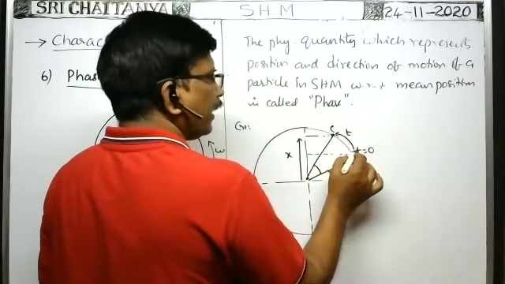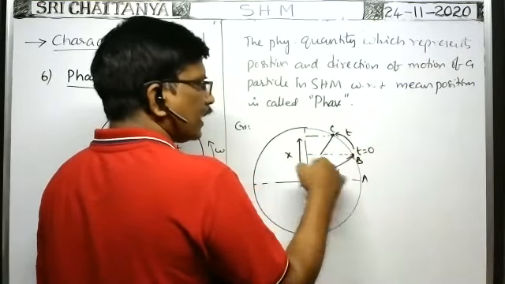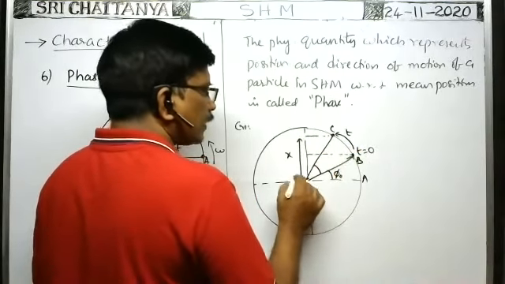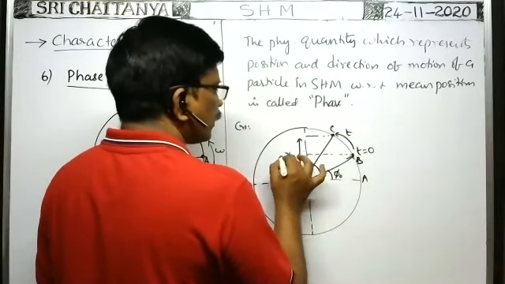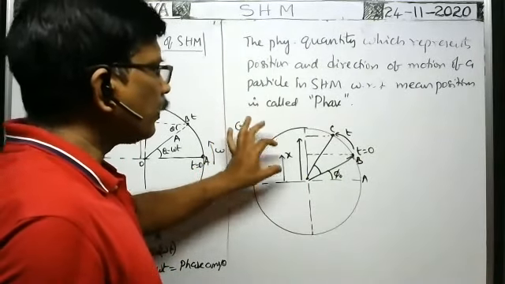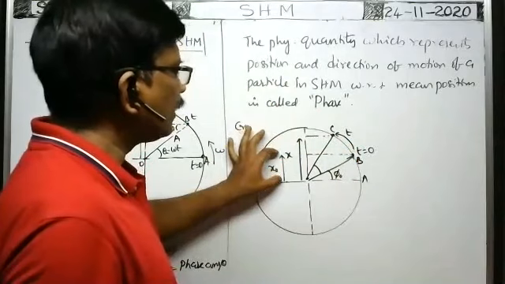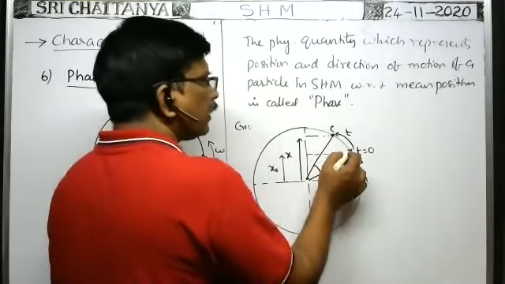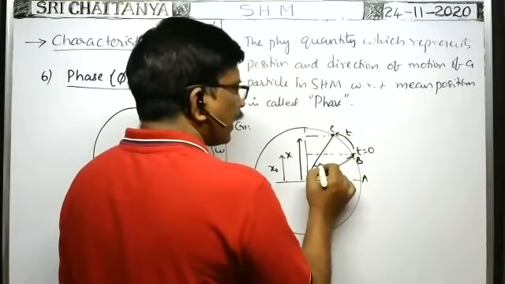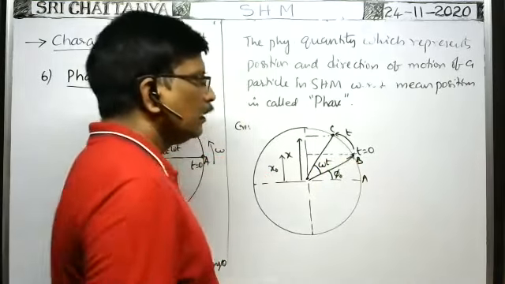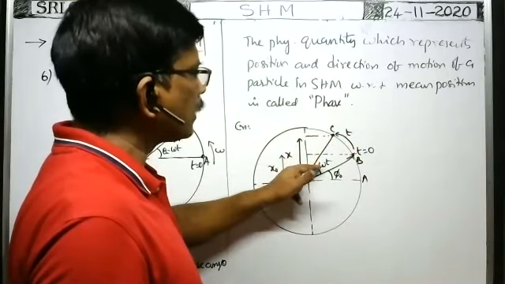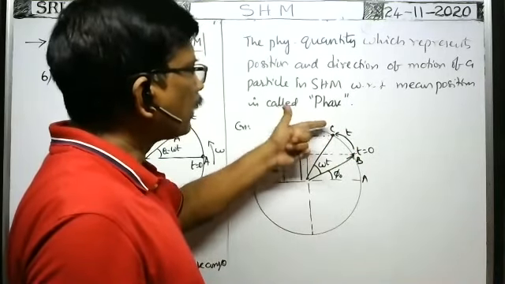You see, here at t equal to 0, when the particle moving along the circular path lies here, at the same time the projection of the particle along the y-axis has already displaced through this much distance, say x naught. It is the initial displacement of the particle. Initial displacement means when you put t equal to 0, you will get initial displacement x naught. After t seconds, what is the angular displacement? Omega into t. With angular velocity omega, in time t seconds, the angle displaced by the body is omega into t. And the particle lies at this point.